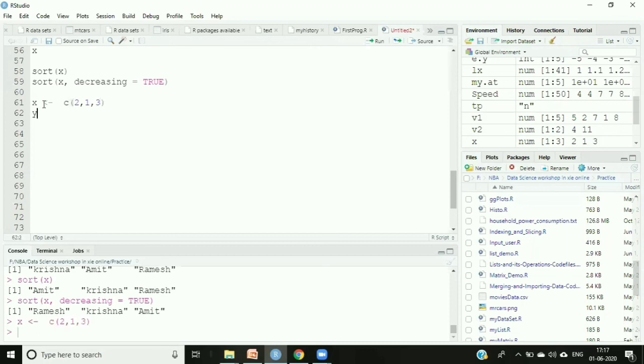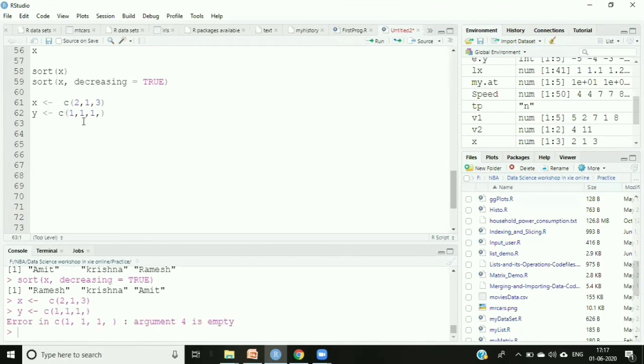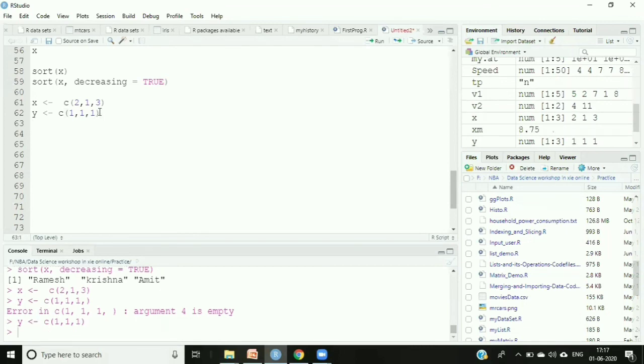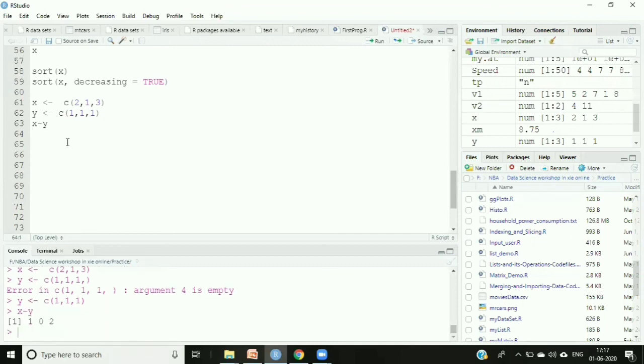And then in Y I am assigning 1 comma 1 comma 1, let's say. Okay, then I can say x minus y. So this is subtraction. If you see here, the values are 1 0 2.